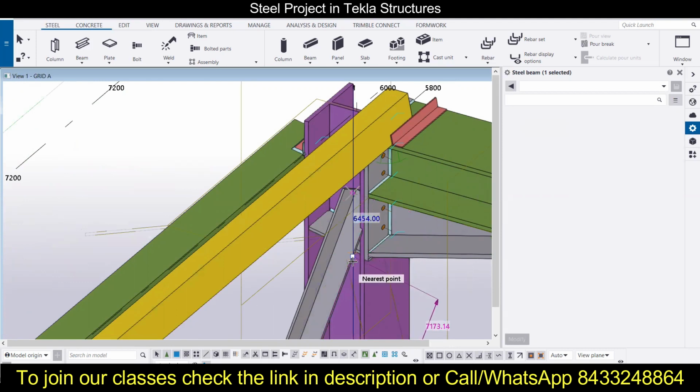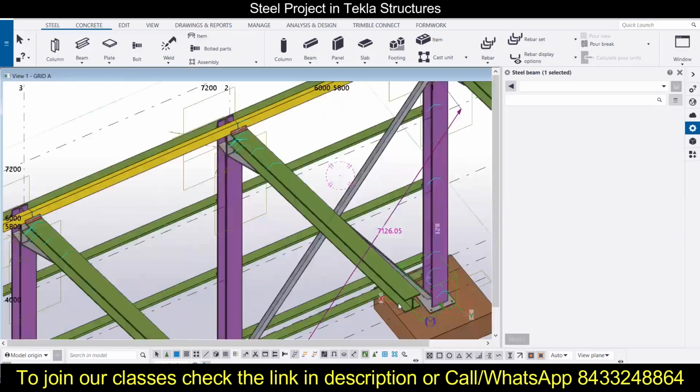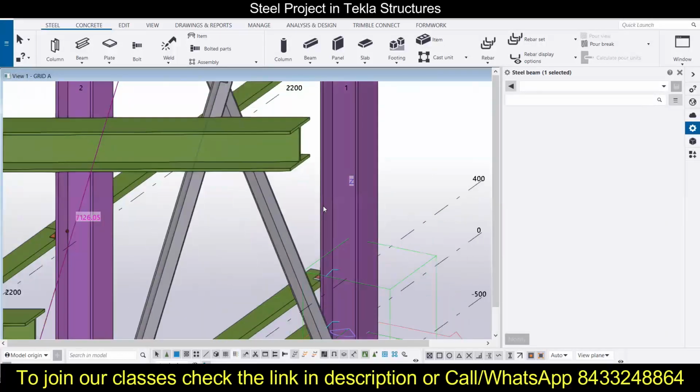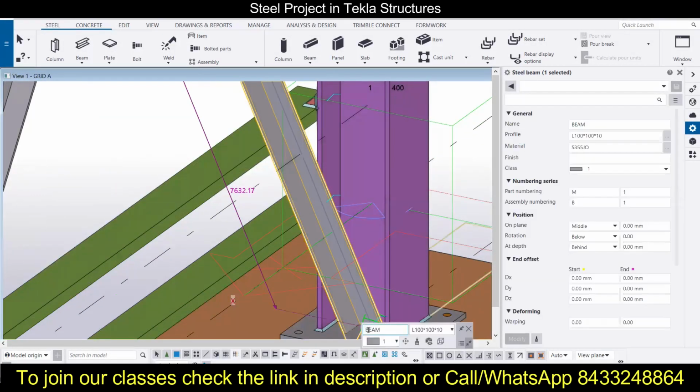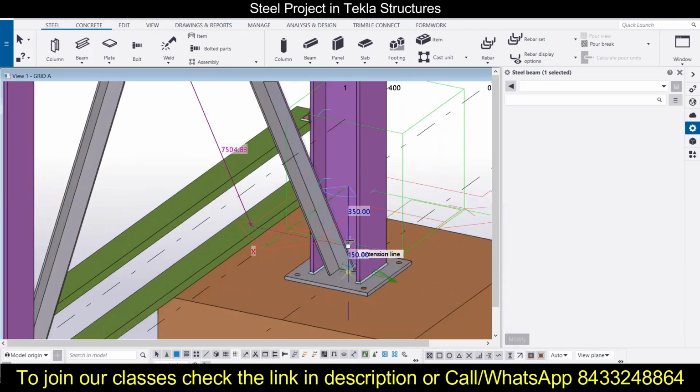So I can just grab the point and bring it over here. Okay, can do the same for this one also. So I just have to click it over here, grab the point and move to the top.